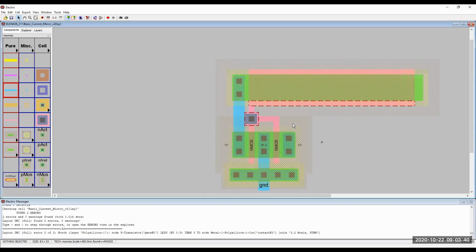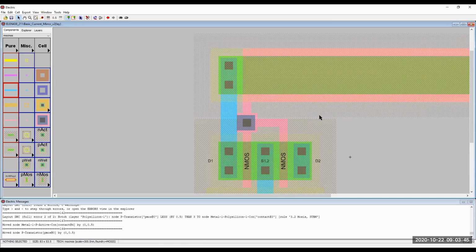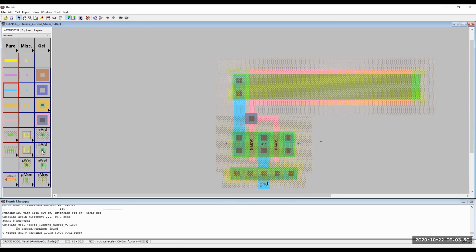Not liking something. Maybe it's too close to the metal. Let's back this guy off half and half. All right, so that got rid of it. The next thing we need is our P active for the source contact. So let's make that size. Scooch it in. No errors. And lastly, we need a body connection and